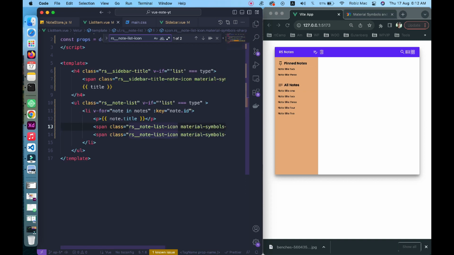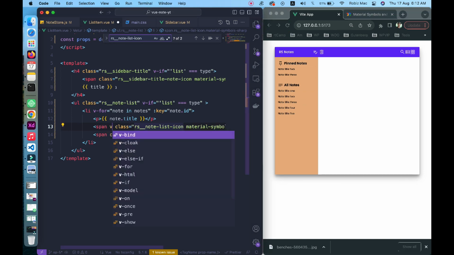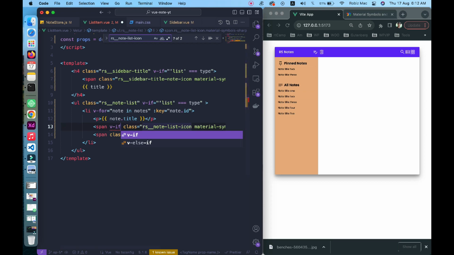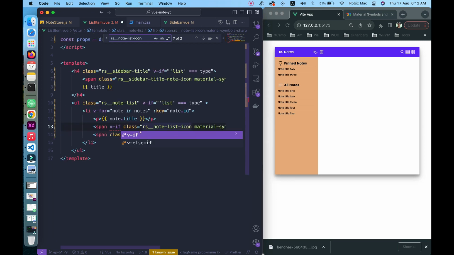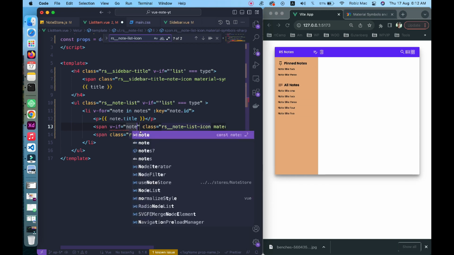So now actually if I hit a refresh I can see both, but I do not want to see both, so I need to do some if else things. So conditionally I want to render it. So first one, if you see, is the do not disturb icon. So do not disturb icon will only show if it is pinned. So node dot